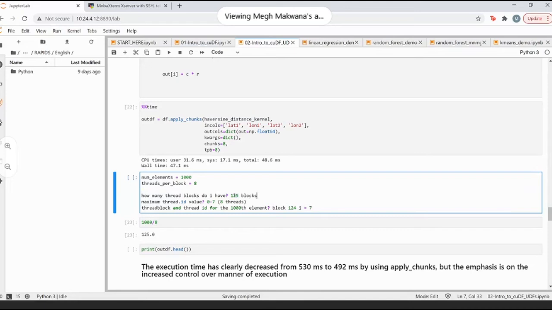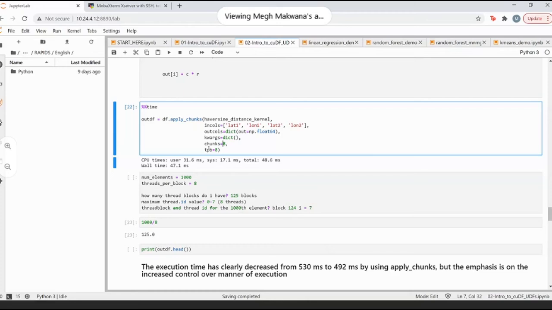Again, I did not share this, but if you keep the chunks as 8, even if you say threads per block is 8, what is happening is when you say chunks equals 16, it will try to wait for that particular thread block to complete computing, and then it is going to take the second block of the same array, because that is the chunk size that we mentioned, and then use it on that